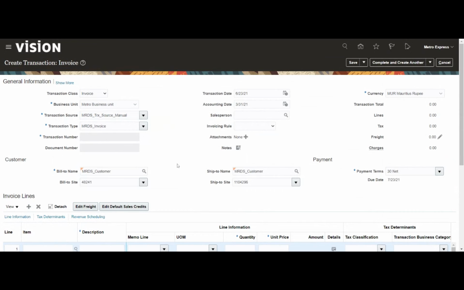Since we gave it for bill to and ship to, we could see both the details populated automatically. But it's not mandatory that we give ship to also, because there are a few cases wherein we will have only the bill to information. That is the reason bill to becomes mandatory, whereas ship to is optional to give.